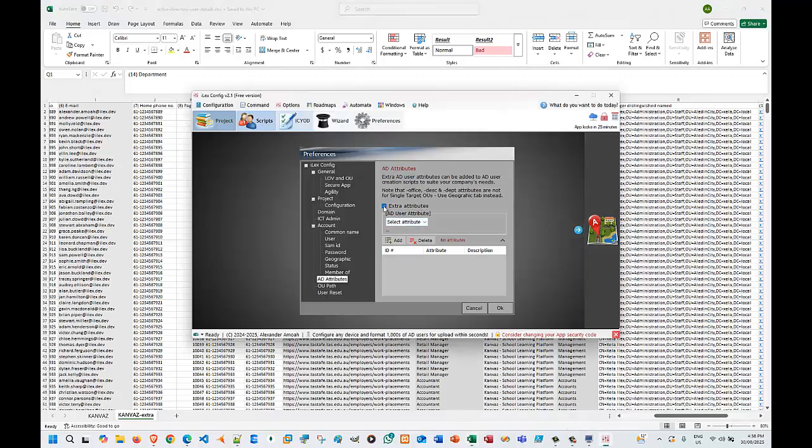So after selecting extra attributes, you need to select the attributes over here. Okay, so I said I'm going to pick initials, so that is initial. I click on add. I'm going to add display, yes, add. I'm going to add description, add. I'm going to add